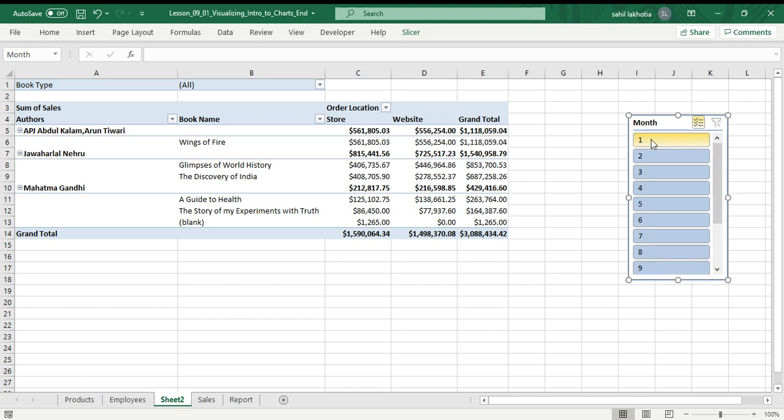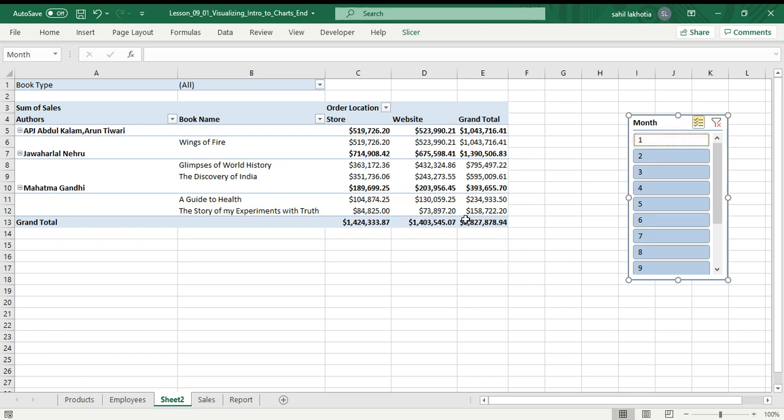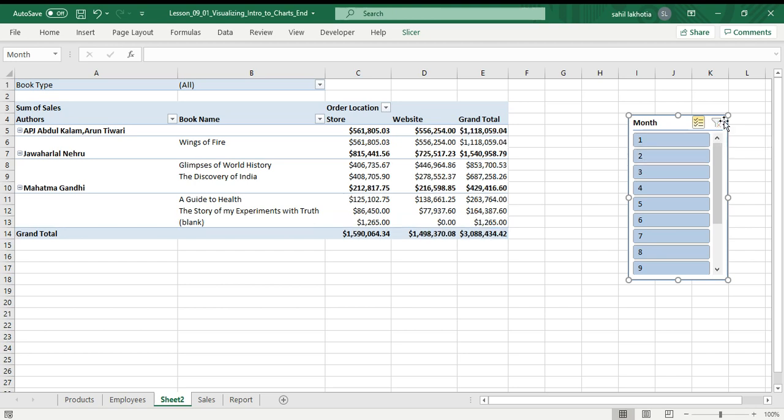Again, I'm telling you, this is January. This is the January month. Click it. Only January data you will get. Click February. You get both, January and February. If you want to clear all filters, then here we have the option of clear filter. Click it. No particular field is selected. It is all selected.